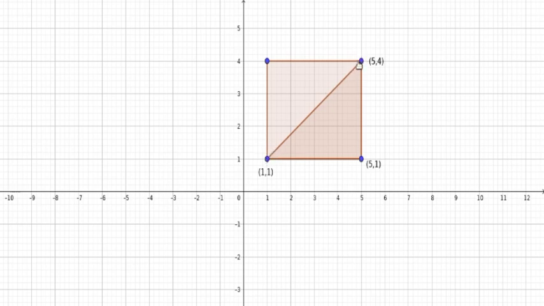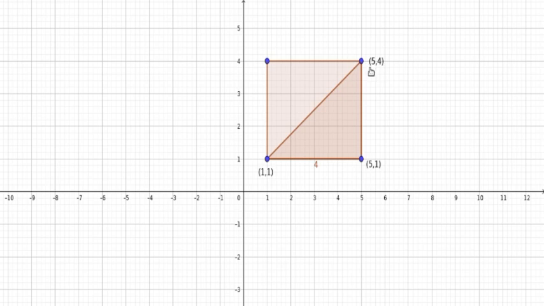If we get the length of the diagonal, that is the distance between the points (1, 1) and (5, 4). Right? So here we have (1, 1) and (5, 1). What is the distance of this line? That is the length of the rectangle. See here, the y coordinates are the same. So what is the length of this line? The length of the line is equal to the difference in their x coordinates. The difference is modulus of 5 minus 1, that is equal to 4.